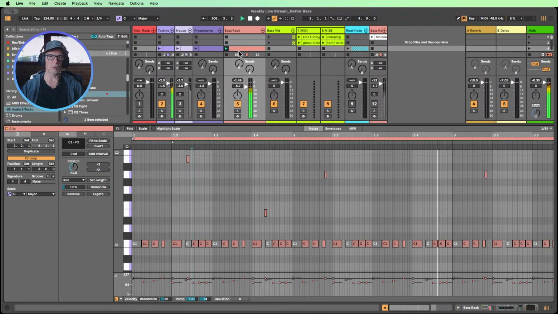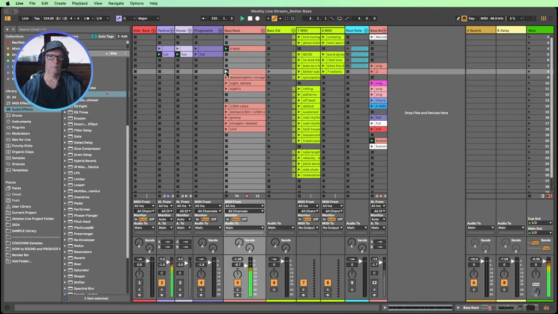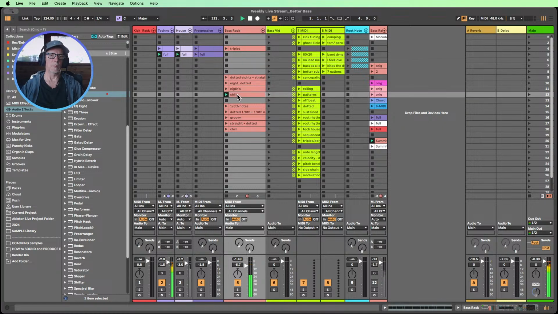So this was the triplet bass. That's that kind of chilled one. Not really for the drum pattern that's playing.